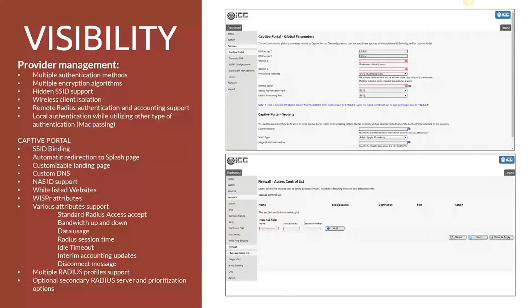From a visibility perspective, it gives them multiple authentication methods. They are able to do multiple levels of encryption, different levels of RADIUS authentication and accounting support, as well as client isolation, hidden SSIDs, and a number of other things.